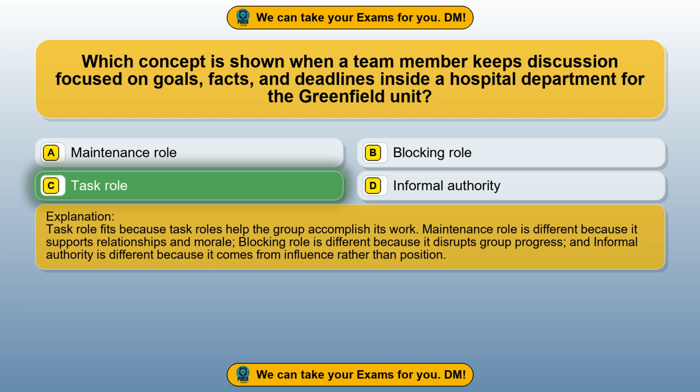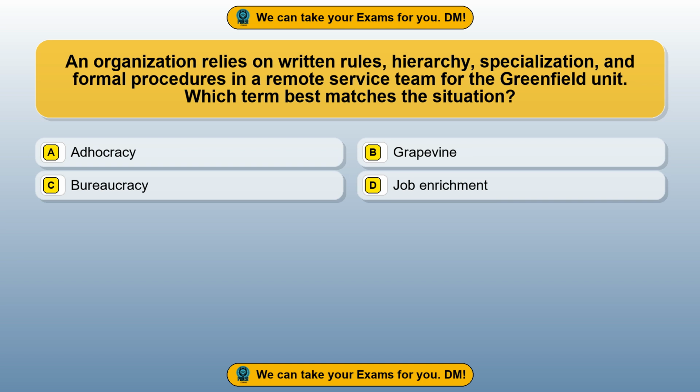Task role fits because task roles help the group accomplish its work. Maintenance role is different because it supports relationships and morale. Blocking role is different because it disrupts group progress, and informal authority is different because it comes from influence rather than position. Question 84. An organization relies on written rules, hierarchy, specialization, and formal procedures in a remote service team